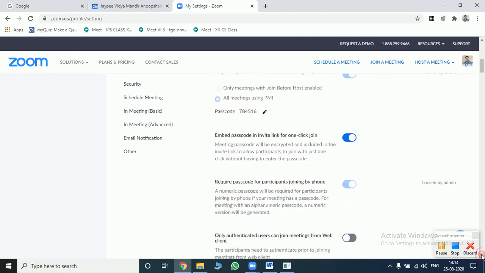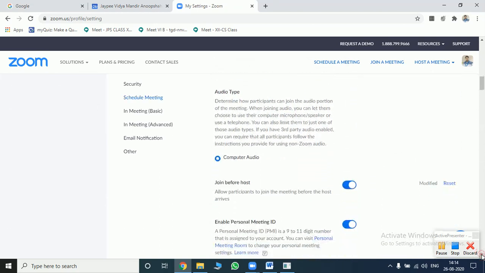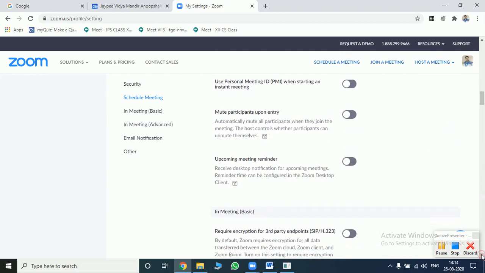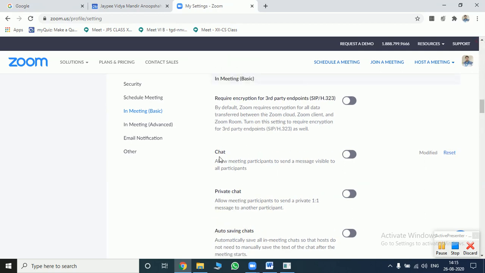Passcode. I am going a little faster because these things we have already discussed. Join before host. Yes, here you can allow your participants to chat. Okay, if it is off, that means participants would not be able to chat, which is visible to all other participants.